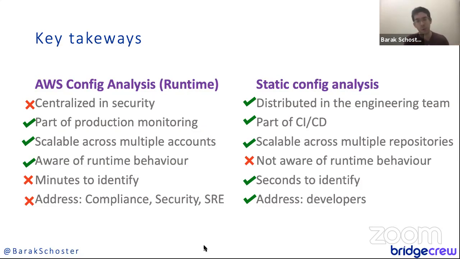team. For static configuration analysis, the good thing about it is that it's distributed by design in the engineering team using pre-commit hooks. It can be part of your CI/CD pipeline. You can run it on as many Git repositories as you'd like. One downside is that if some admin makes a production change and not a code change, the static analyzer would never know that. But it's really fast. It takes seconds to identify, and the audience for it is, as we mentioned, the